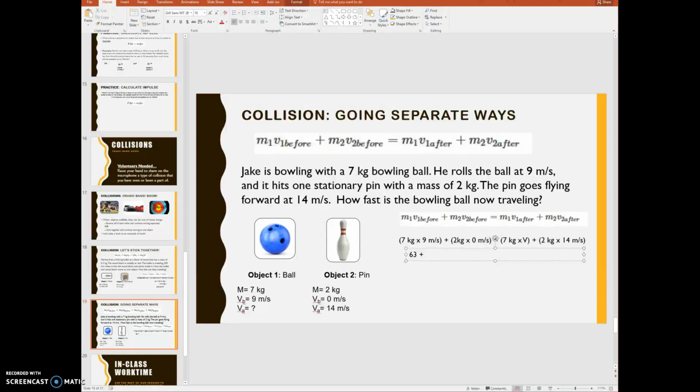We're going to add that to 0 to give us the right side of equation, which is 7 times v plus 28. We're just following those individual pieces. So you can use your algebra skills in this case to subtract 28 from both sides, which gives you 35. 35 divided by 7 is 5. Our total answer